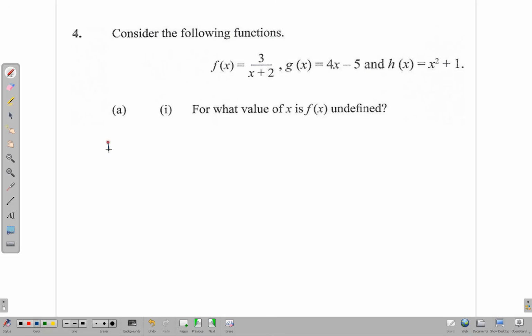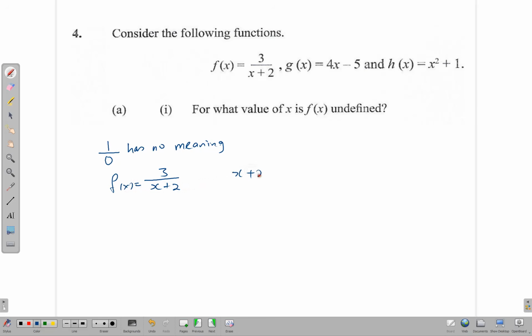Division by 0 is one of those things in mathematics that has no meaning, and because it has no meaning we call it undefined. If you're trying to divide by 0, we are trying to find out how many times we can take 0 out of 1, and the answer is infinitely many. Because of that, we just describe it as having no meaning at all, because there's literally no answer for it. So for 3 over x plus 2, which is f of x, to be undefined,